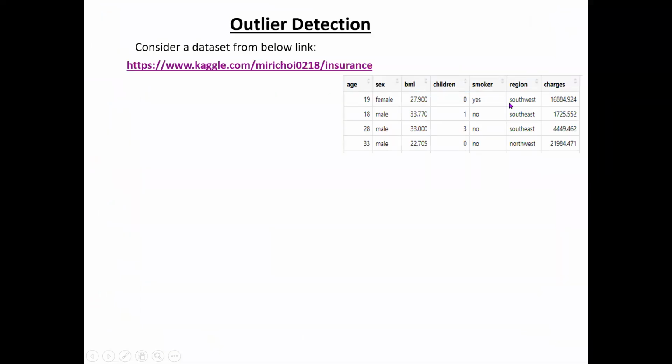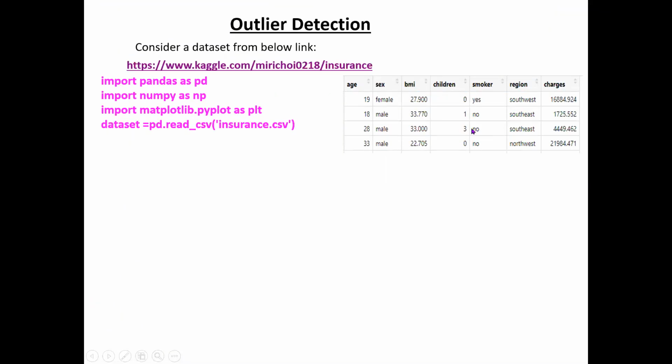So now I downloaded the data set from Kaggle and I load it using pd.read_csv. This is done with pandas, that's why I use pandas as pd. For showing you outliers, we need to plot our data, as I already showed you in R programming.